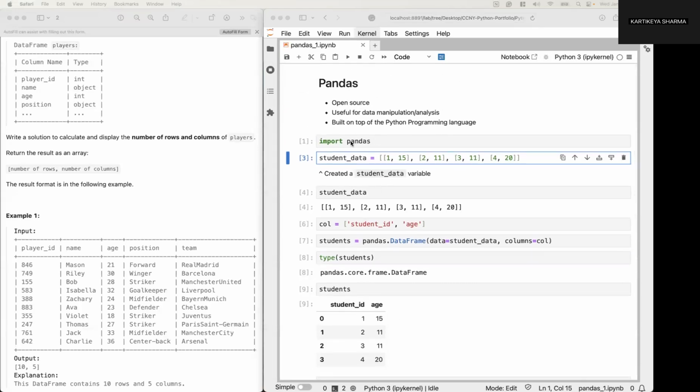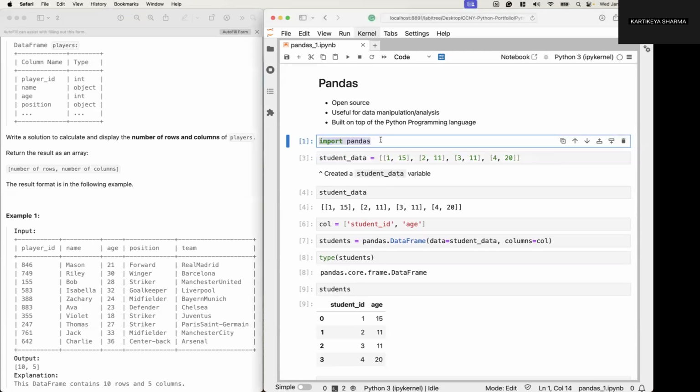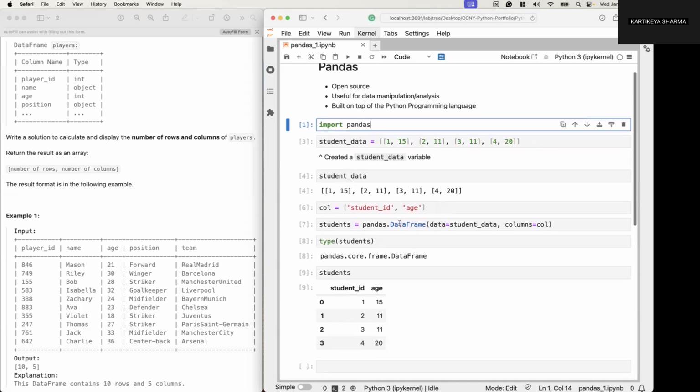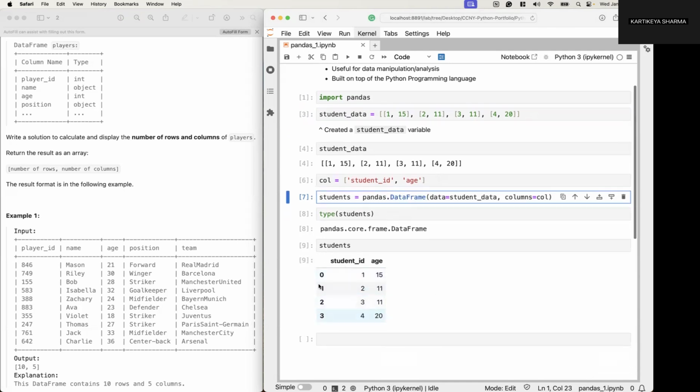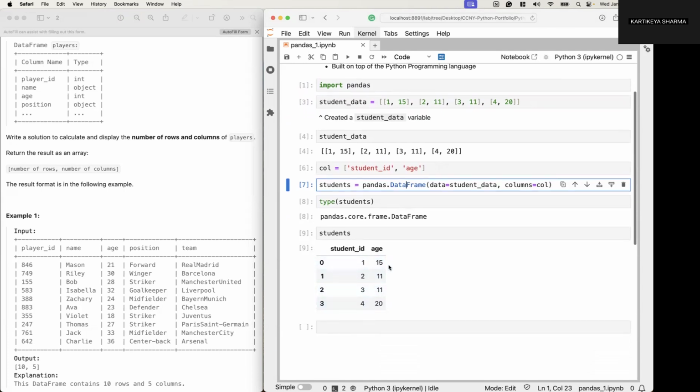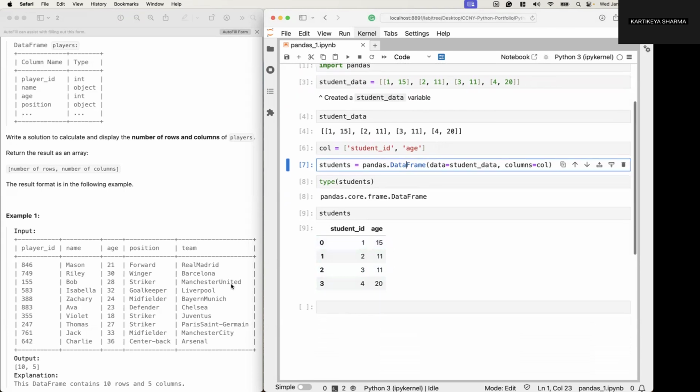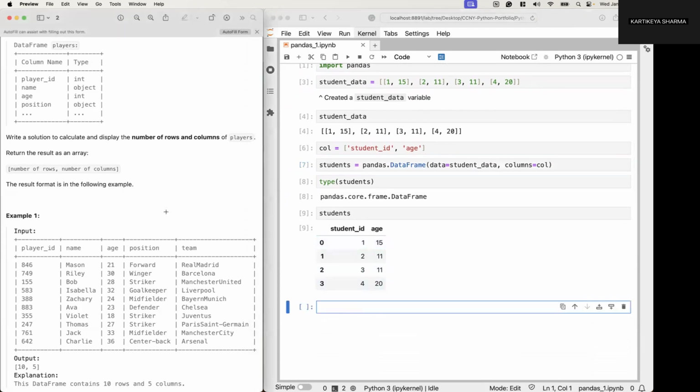So in the previous example, we imported pandas and we used its data frame capability to display a table of student IDs and ages. In our next example, we're asked to calculate and display the number of rows and columns of this new data